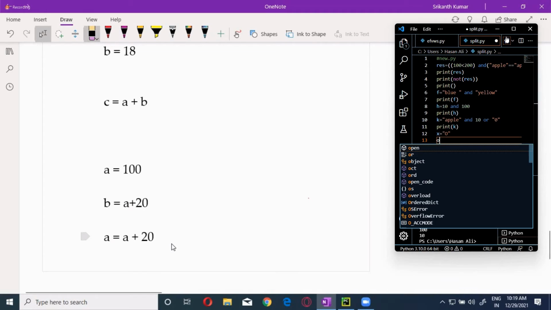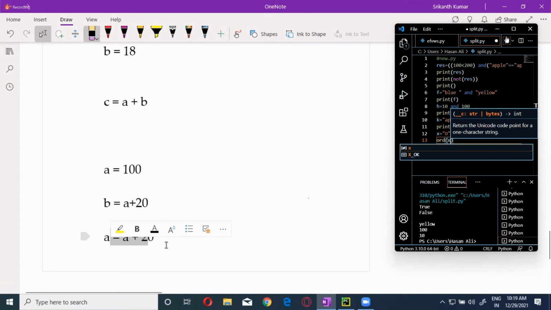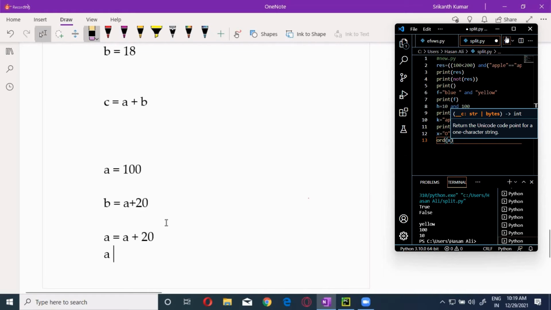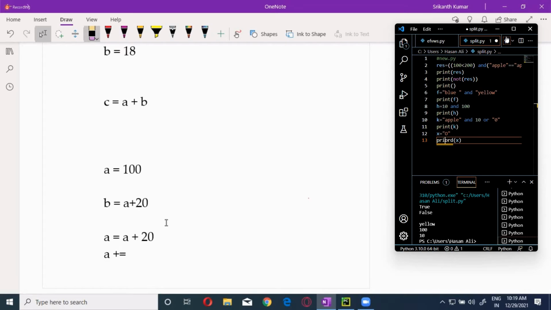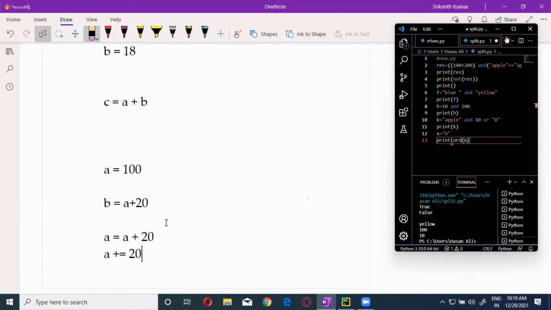Plus operator is executed first, and later on equals to. So this can be written like this: A, plus, then is equals to, then 20. This is the way we write it in a short way.